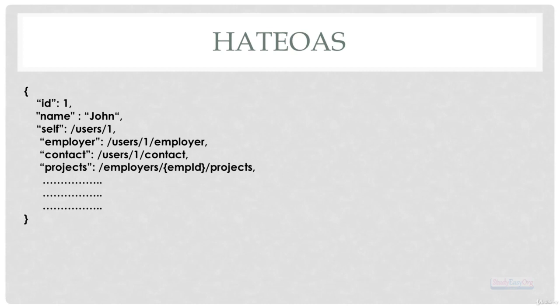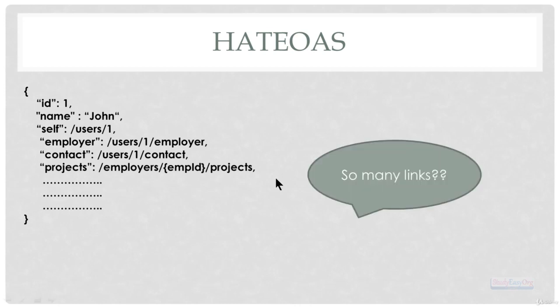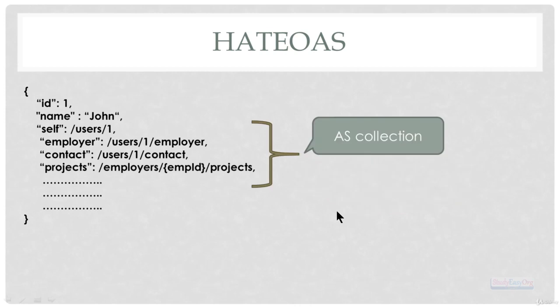Now when we have multiple links, when we have a huge list of links, things can be messy. Imagine the response. The response can have multiple links, more links. The response can be very messy. It could be a little tricky to extract the exact information. The link information will make the response look not good. It would be messy, right? As a result, there should be a better solution. A better solution is to handle these many links as a collection.